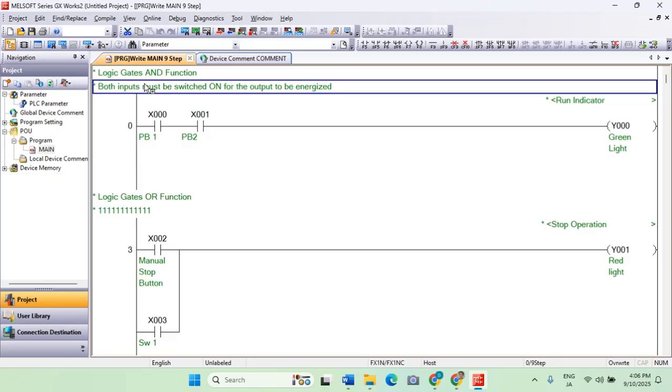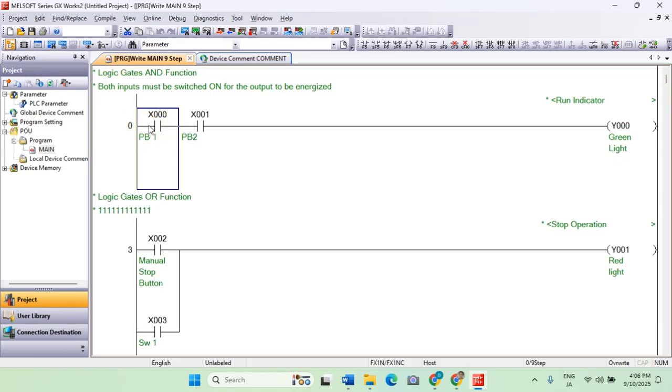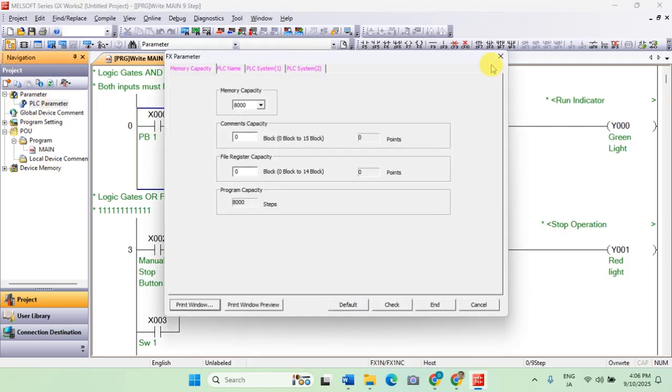So it means that when you accidentally delete this program, but you already uploaded it or loaded it in the PLC, you can retrieve that by downloading it from the PLC or the actual PLC unit. So again, the statement and the device comment can be included. But before you do that, you need to check on the parameters.